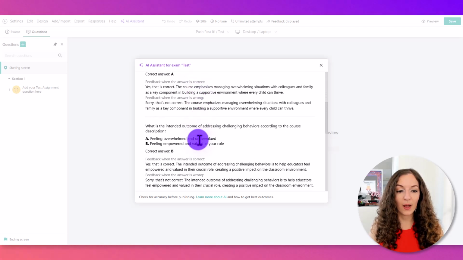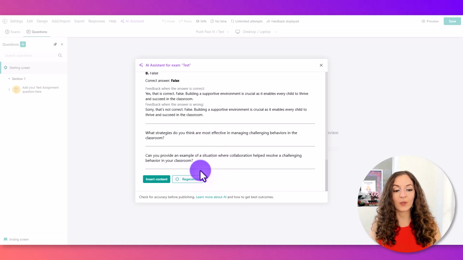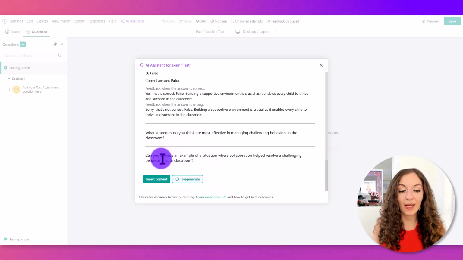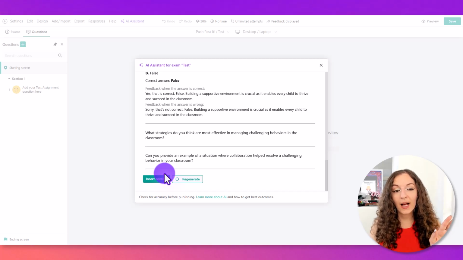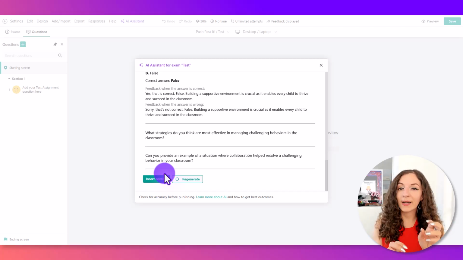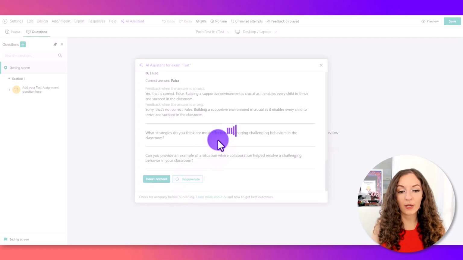This is the answer that will show up, and it's doing that for all of these questions, which is really cool. Now, if you like this, you can say insert content and you're ready to go. I usually find that you need to work it a little bit. So what you typically do is hit regenerate,